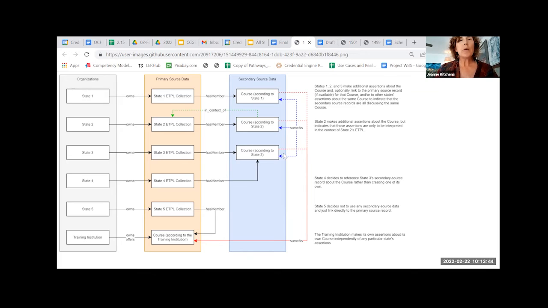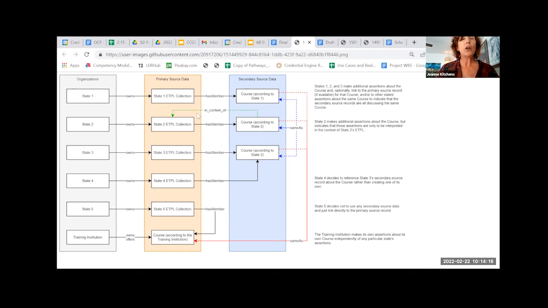And that's really important because it also will help eventually get a much better handle with this example we keep using of an ETPL, but again, it could be many other types of lists where you want to know, for example, a specific credential, and you want to know, well, which ETPLs have this, for example, CompTIA credential. So it'll be very helpful to know, oh, it's in all 50 states, or it's in 10 of the 50, and to know what they are.